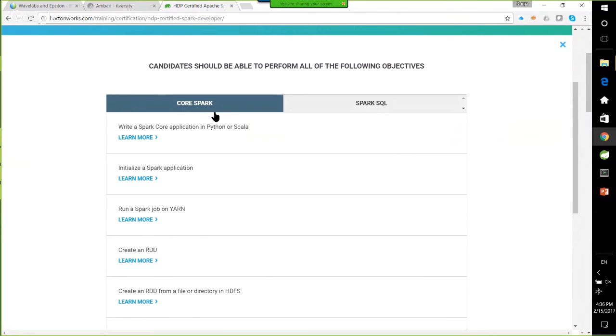So you can give CCA data analyst. Probably for most of you developers, it might not be a good certification to have. I will recommend either going with the CCA Spark and Hadoop developer, or HDP-CD Spark if you are interested in giving the certification. Between these two, I will generally recommend CCA Spark and Hadoop developer because it has multiple skills in it, whereas HDP-CD Spark only has one thing.